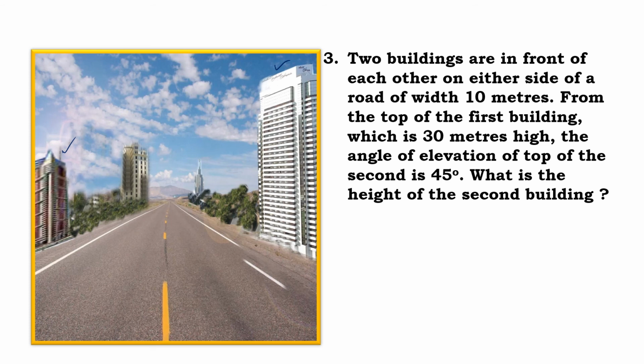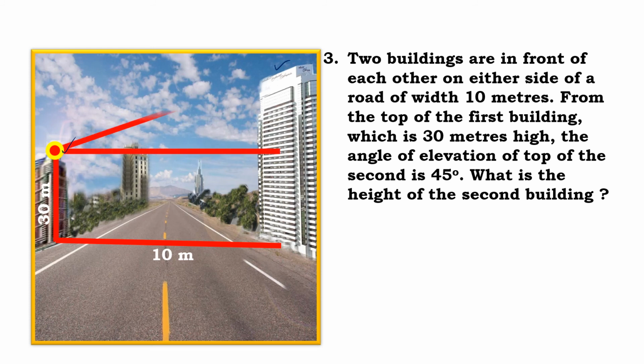So from the question you can find out that there are two buildings, the distance between them is 10 meter and one of the building heights is 30 meter, and if a person stands on that building and sees the top of the other building, he is making an angle of 45 degree. Now let us see. This is 10 meter, this is the first building, 30 meter height, and if a person stands over there and looks at the top of the second building, he is getting an angle of 45 degree. Now can you see this part over here, they are making this as a rectangle, and opposite sides of a rectangle are equal. We will be using that.